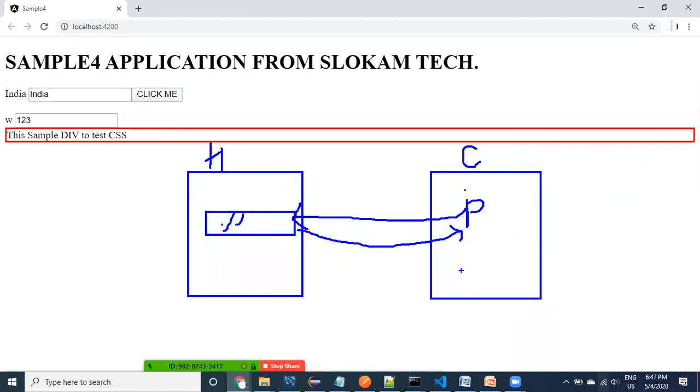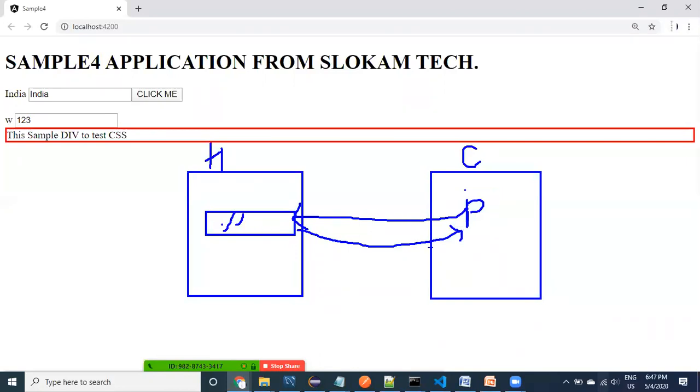That's it. Inside the HTML, one text box; inside the component class, one property. If the property changes, the changes are going to come to the HTML. Normally in one-way binding, whatever value is available in the property comes to the HTML.